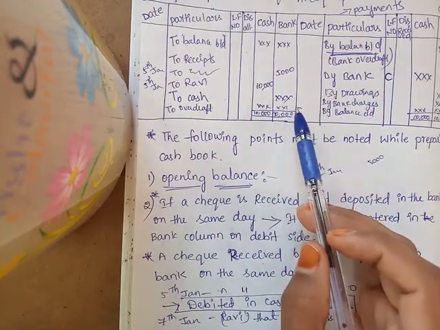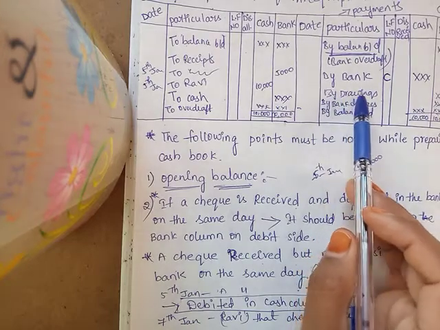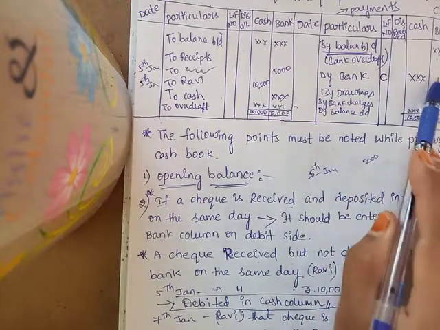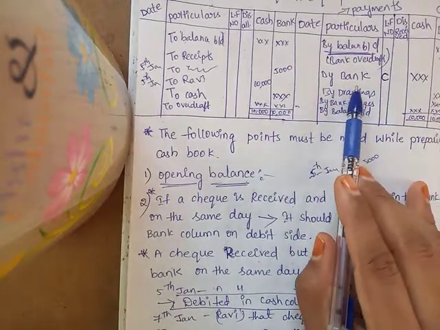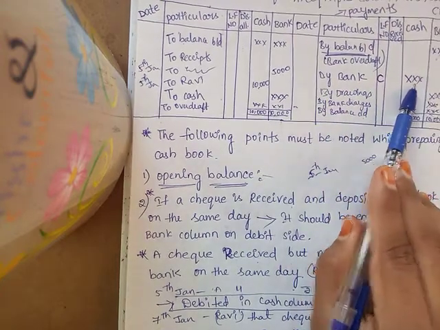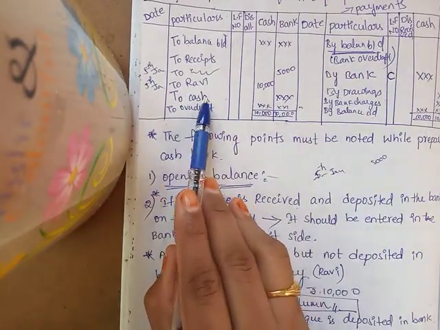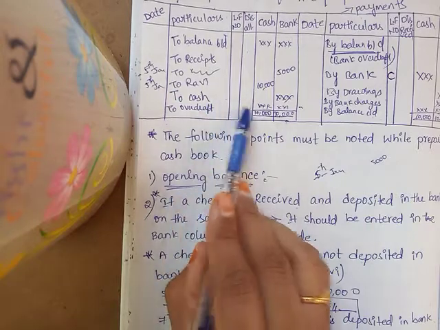So which side is getting cash? On the credit side. So on the credit side, write 'by bank', contra entry. Don't write the amount in the bank column, you have to write it in the cash column. So here, by bank, write that amount in the cash column. Opposite, on the debit side, 'to cash', write that amount in the bank column. Do not write in the same column.